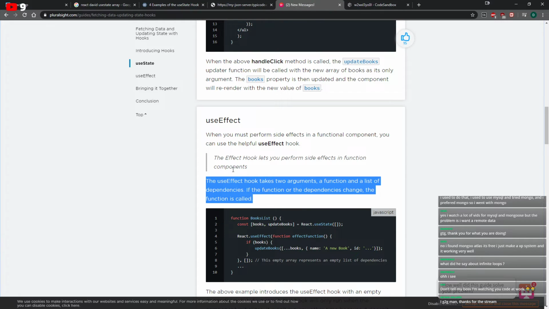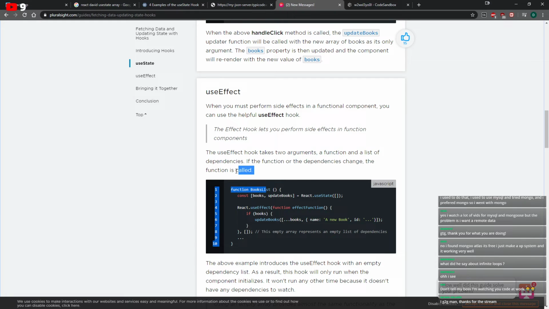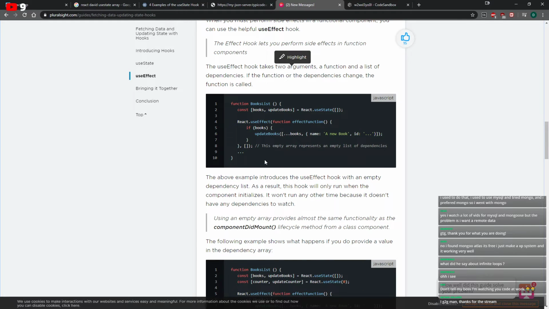The useEffect hook takes 2 arguments: a function, and the function is called if the function or the dependencies change. This empty array represents an empty list of dependencies. What are those dependencies is the question. And here they're using the spread operator to spread the books, and then they're joining with this. That makes sense. The above example introduces the useEffect hook with an empty dependency list. As a result, the hook only runs when the component